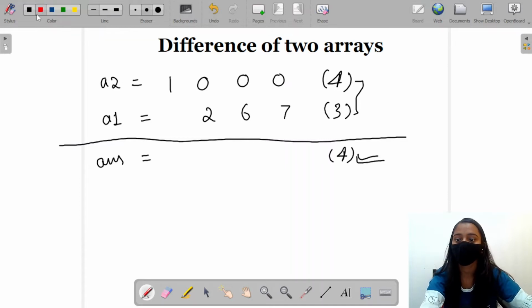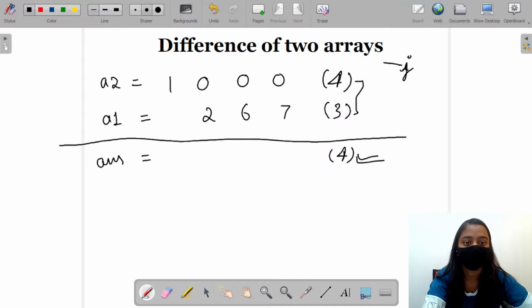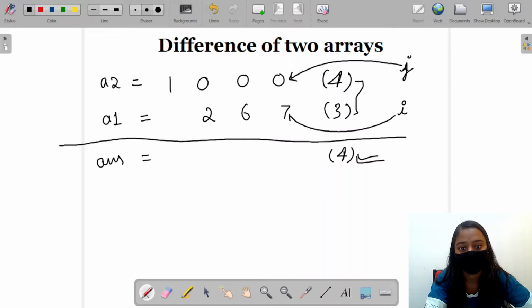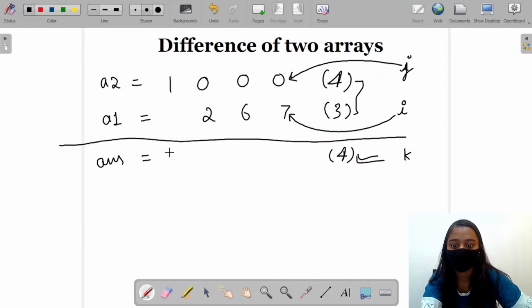The approach that we are going to follow here is to take 3 pointers. First is the j pointer, which would be pointing to the last index of the A2 array initially; in later iterations it will get updated. Then the i pointer, which will initially point to the last index of the A1 array. And a k pointer for the answer array, which is of size 4.